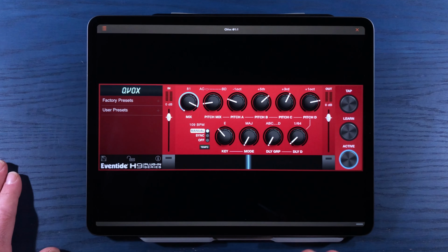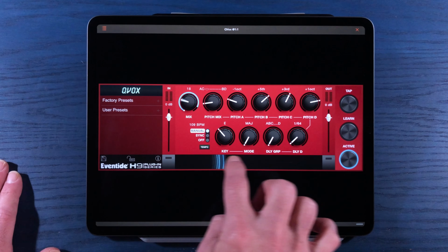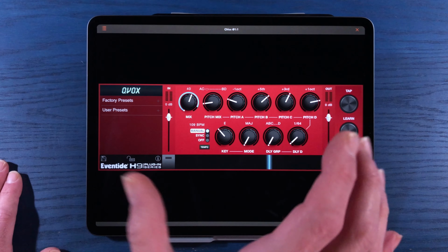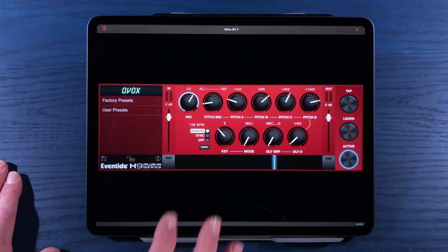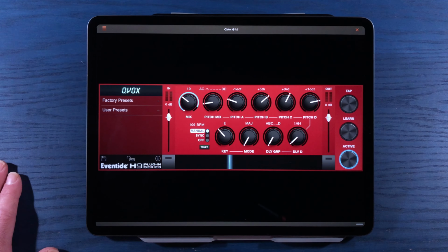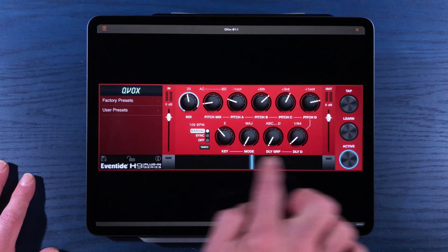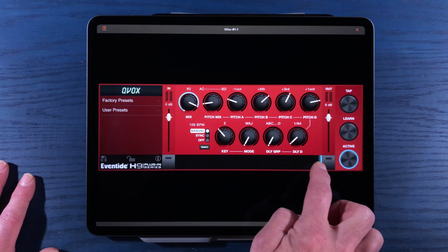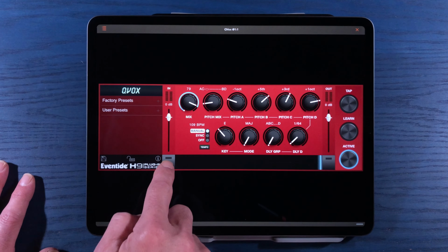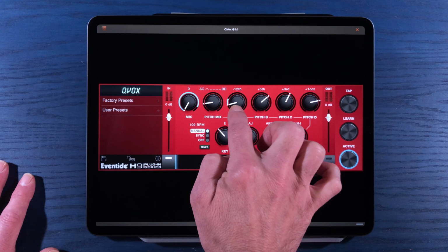I also want to make sure that you guys understand how to use the ribbon controller, because for live situations and when you're recording stuff through this it's really handy. And all of Eventide's plugins feature this super easy to use ribbon controller. What you can do, let's say if you'd like whatever knob to change as you move the ribbon controller, it's super easy. All you do is press the left button, and now any of these you can set to where,